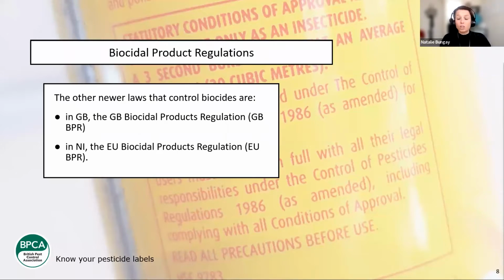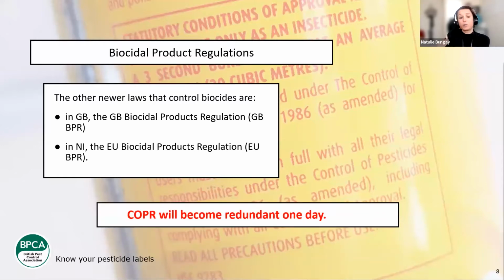Okay, so yeah, you might have heard of COPR and BPR. They do pretty much similar things in some different detail, but generally to achieve the same thing, and that is to approve pesticides for UK use, sale, storage, supply, etc. Okay, so hopefully that makes a bit of sense. And just as a final note,